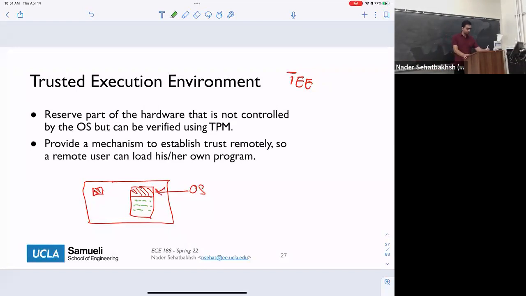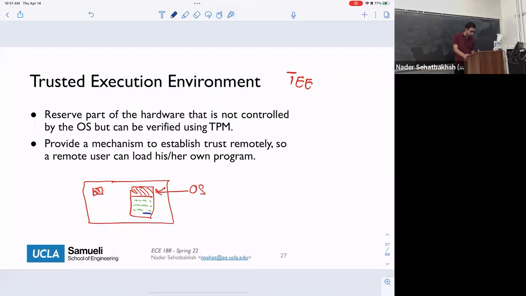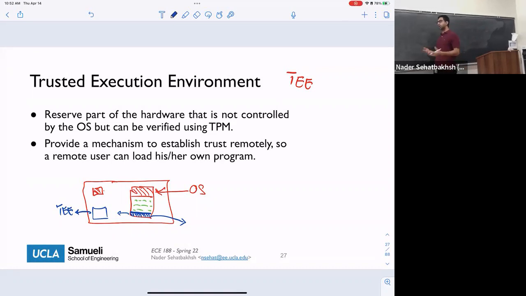So the idea of the trusted execution environment is to reserve maybe a tiny space in this part and just not let the operating system change anything here. This part will be reserved by another piece of hardware, which we call the TEE. And this TEE is gonna manage and moderate these things in our system.